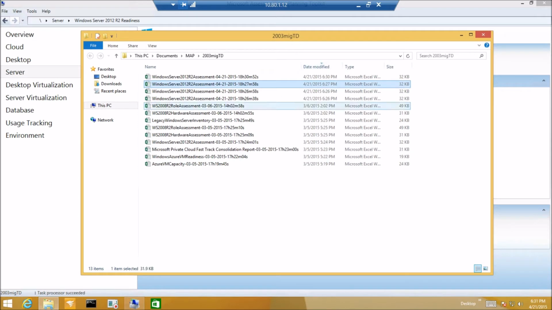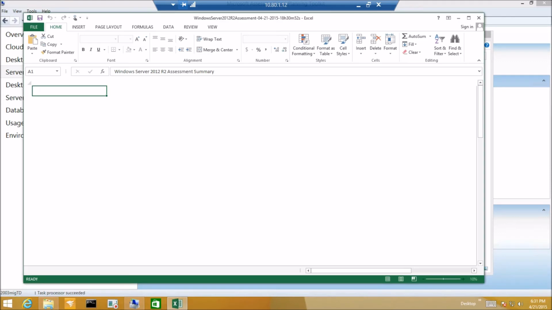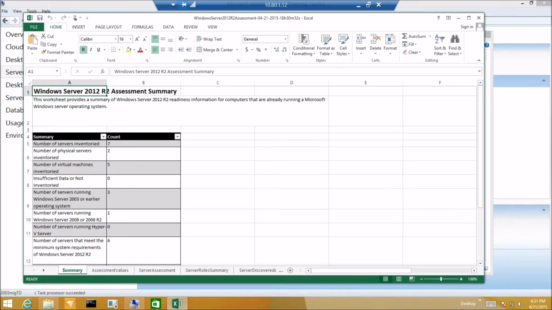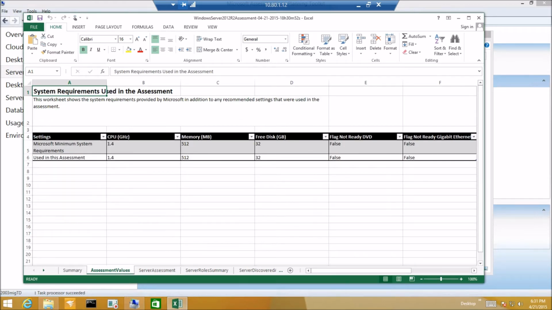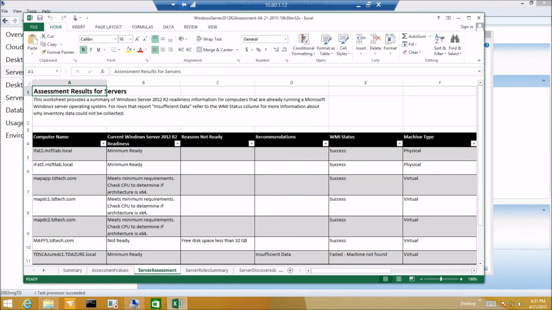If we look at it, this is the assessment that it just completed, the report. We leverage Excel for this reporting. So the first tab gives us a summary of everything that was going on. It's a good overview of what we have: the assessment values, basically how we rated the servers, the assessment itself. So when we start looking at this,